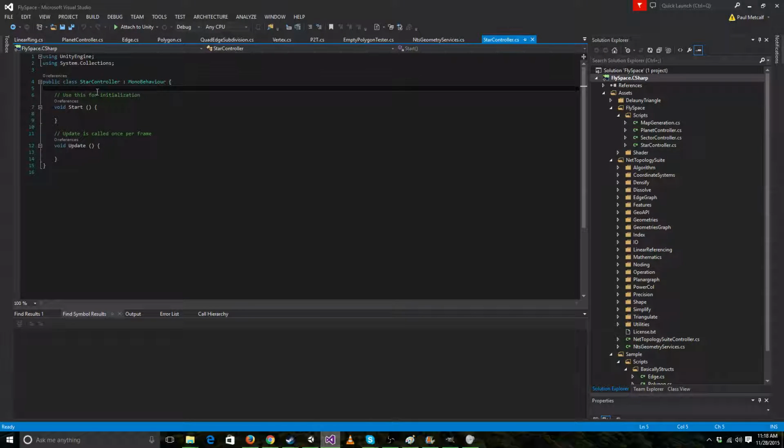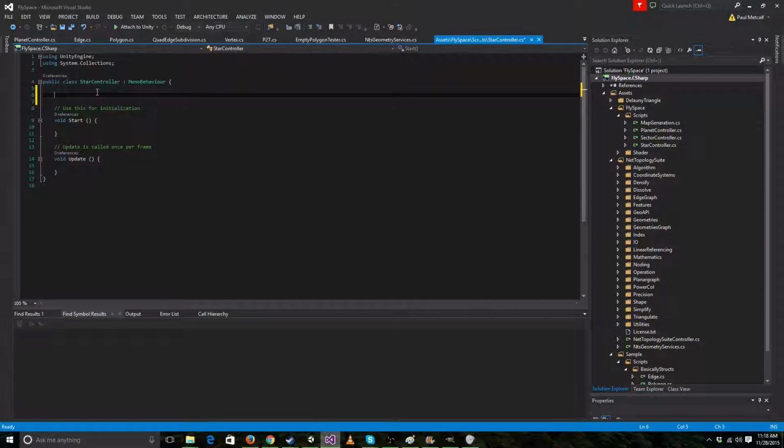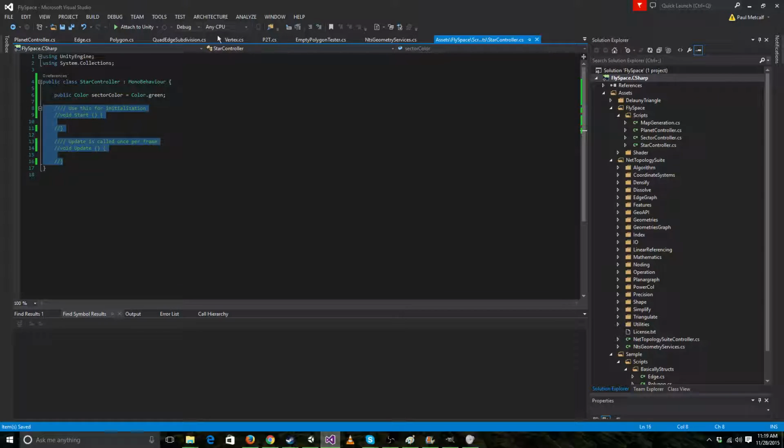We want to put a color. So we can call it sector color. We can default it to green. We won't use these for now. I'm just gonna comment it out. And